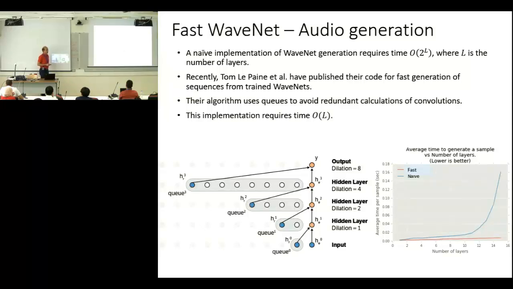By using caching, the 1 or 2 days of generation reduced to about 3 minutes, having a relatively fast implementation. And now the algorithm is made practical for research purposes. It is still not practical for production because you need 3 minutes to synthesize 3 seconds of speech. But anyway, for research purposes, it is practical.